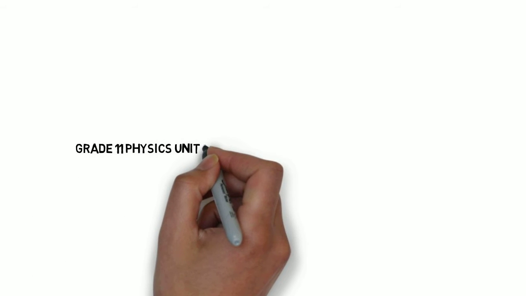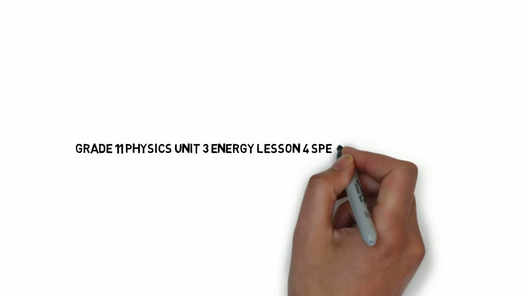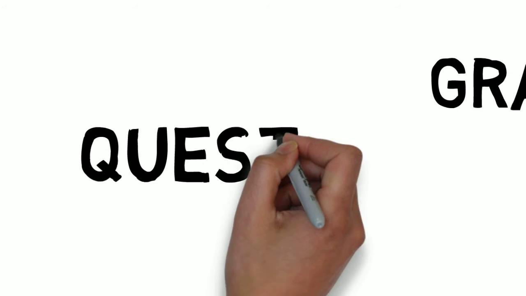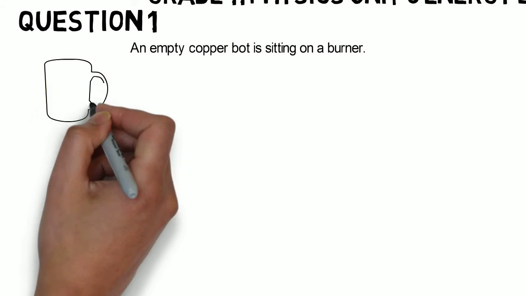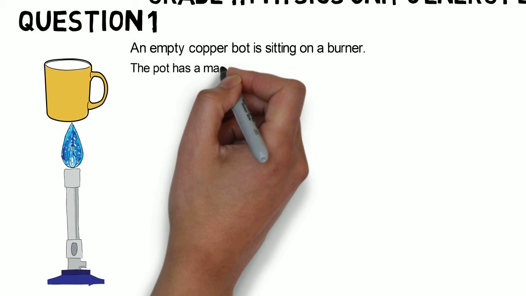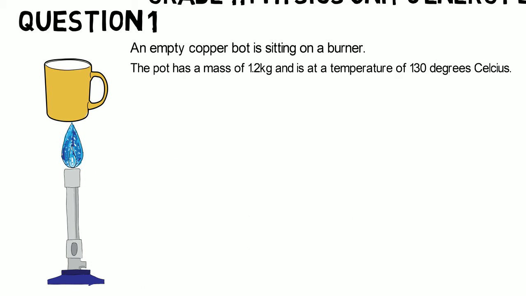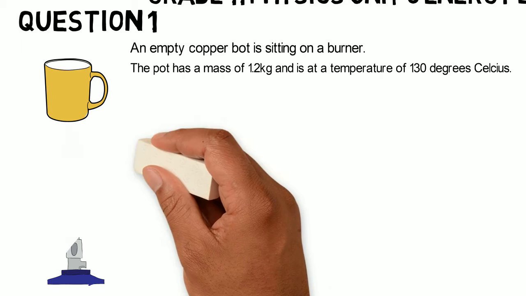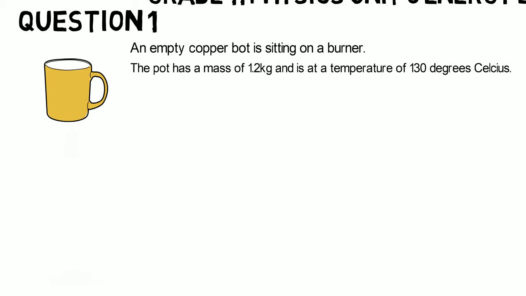This is Unit 3, Energy, Lesson 4, Heat Capacity. Let's start with the first problem. An empty copper pot is sitting on a burner. The pot has a mass of 1.2 kilograms and is at a temperature of 130 degrees Celsius. If the pot cools to a room temperature of 21 degrees Celsius, how much thermal energy does it release to